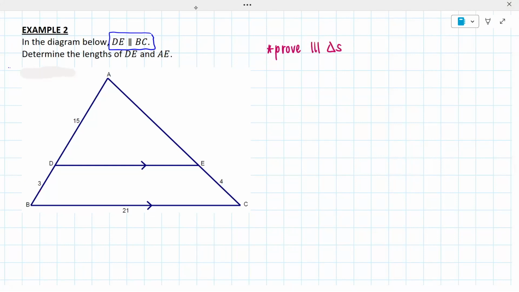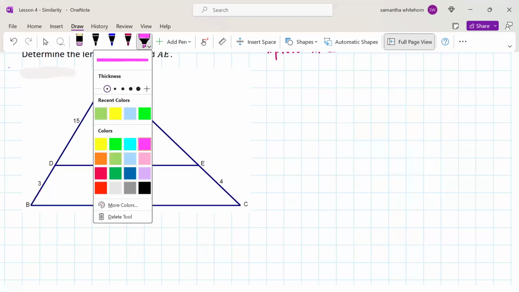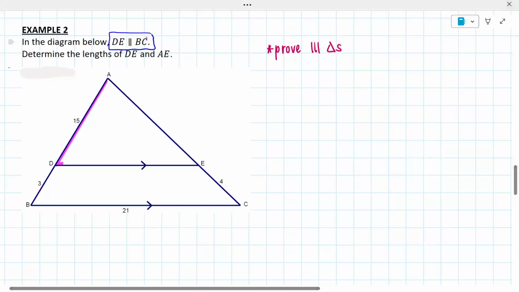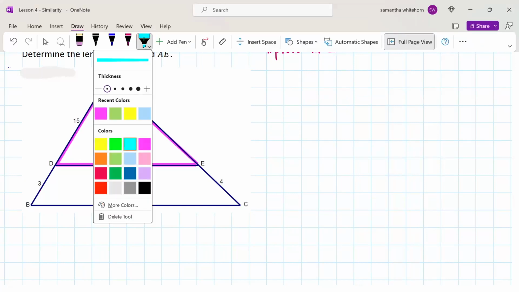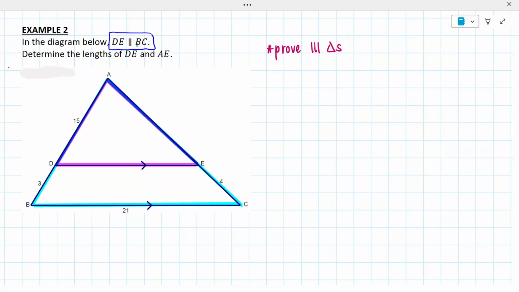Now, the triangles we have here, and obviously we need to actually identify what those are: triangle ADE, so this top triangle, and then triangle ABC, so the actual massive big triangle here. If I can prove that those two triangles are similar, what I'm able to prove is that their sides are in proportion. And so what I'm able to then do is work out the lengths of those sides using that proportional